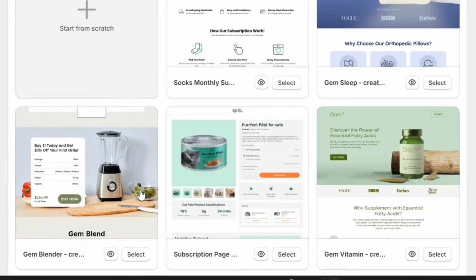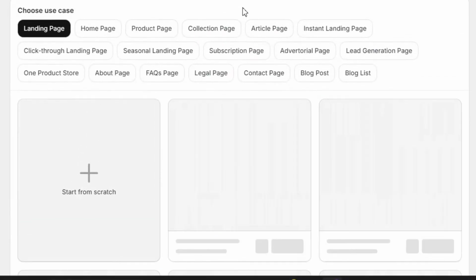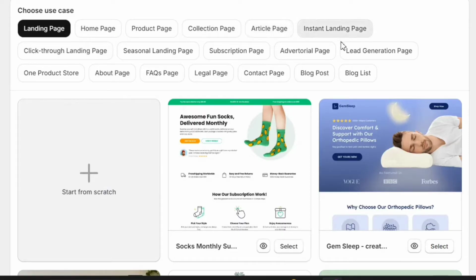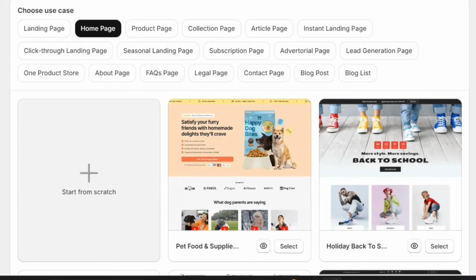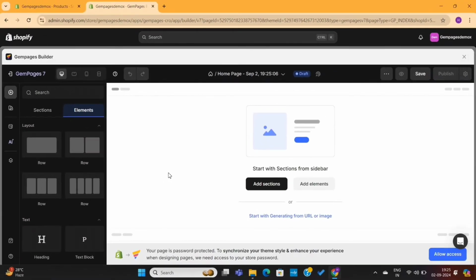But first, I want to show you how the Gempages editor actually works. So, I will go ahead with the blank template. First, I need to select a page type here. I'm going to design the home page of this store first. So, I'll select the home page option here. Next, I'll click on this Start from Scratch option. This will take us to the Gempages editor, where we can easily create the entire design of our store as